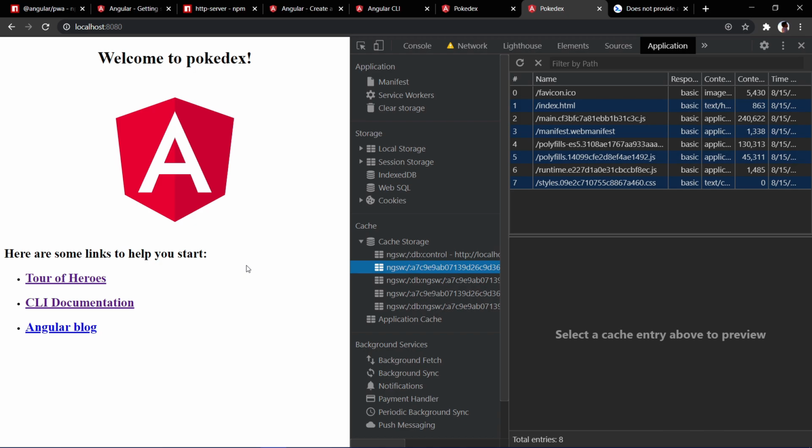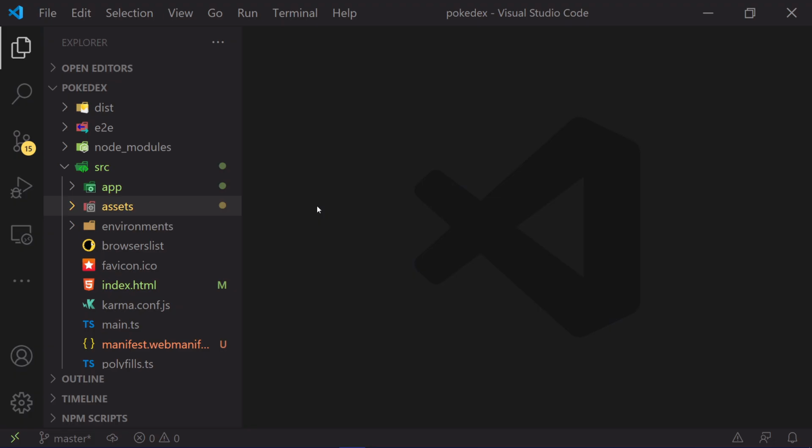Whenever an update happens to your application, this is all served by your service worker. The service worker has its own cache and we are just getting that from the cache. But for example, if we make any changes to the backend and we try to refresh, it doesn't apply right away. We can add a feature to the application to check if there is an update in the code base, and that will automatically apply the update. So these are the two things which we will be applying to this application while trying to create a Pokédex application.